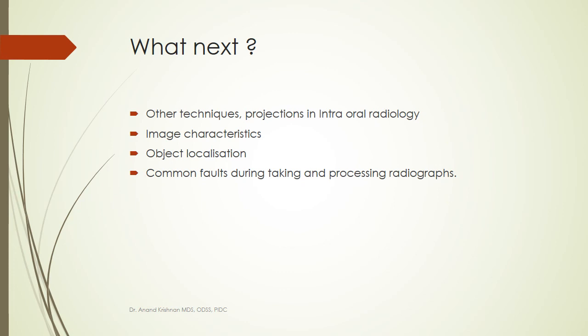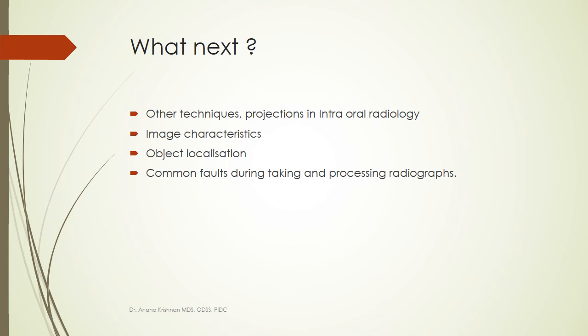In our last lecture, we discussed the films that are used, the composition of the films, the constituents of a film packet. Today we talked about the technique, how the film along with various holders and armamentarium is positioned inside the patient's mouth, how the patient's head is positioned, and how the tube or the cone is positioned with or without a position indicating device, and an image is acquired. Then, moving on to processing, we also learned how to process the radiographs.